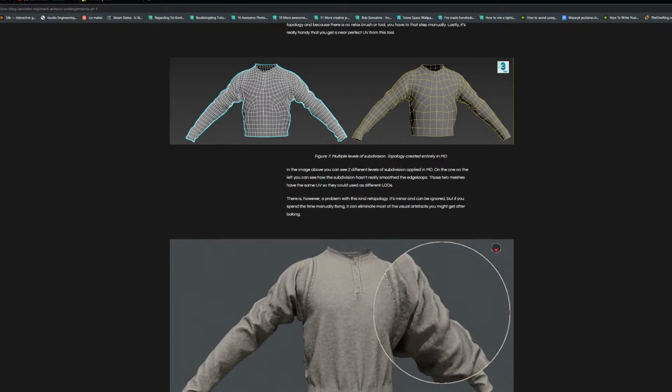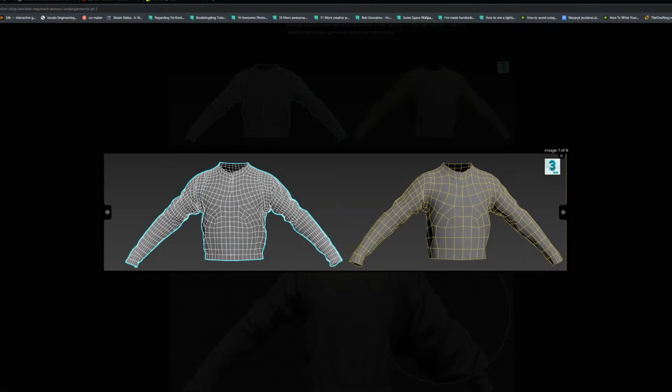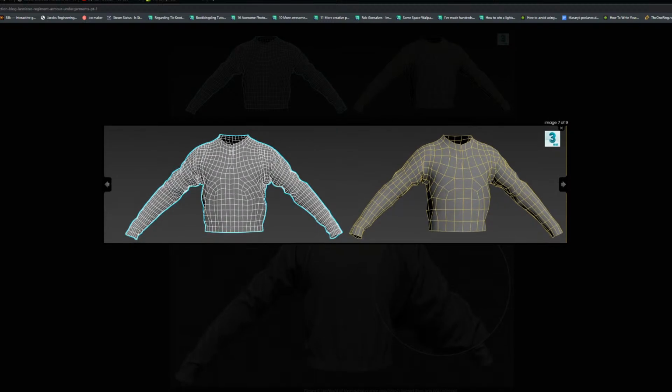Now that is going to be messed up the moment you start to follow the edges. If we open up this image, we should be able to see how it starts to deform. So this was the subdivision 1, which I created in Marvelous, and then I chucked it into one level higher. So this is the topology that I'm using in the final low poly, and it actually does follow the folds to an extent,